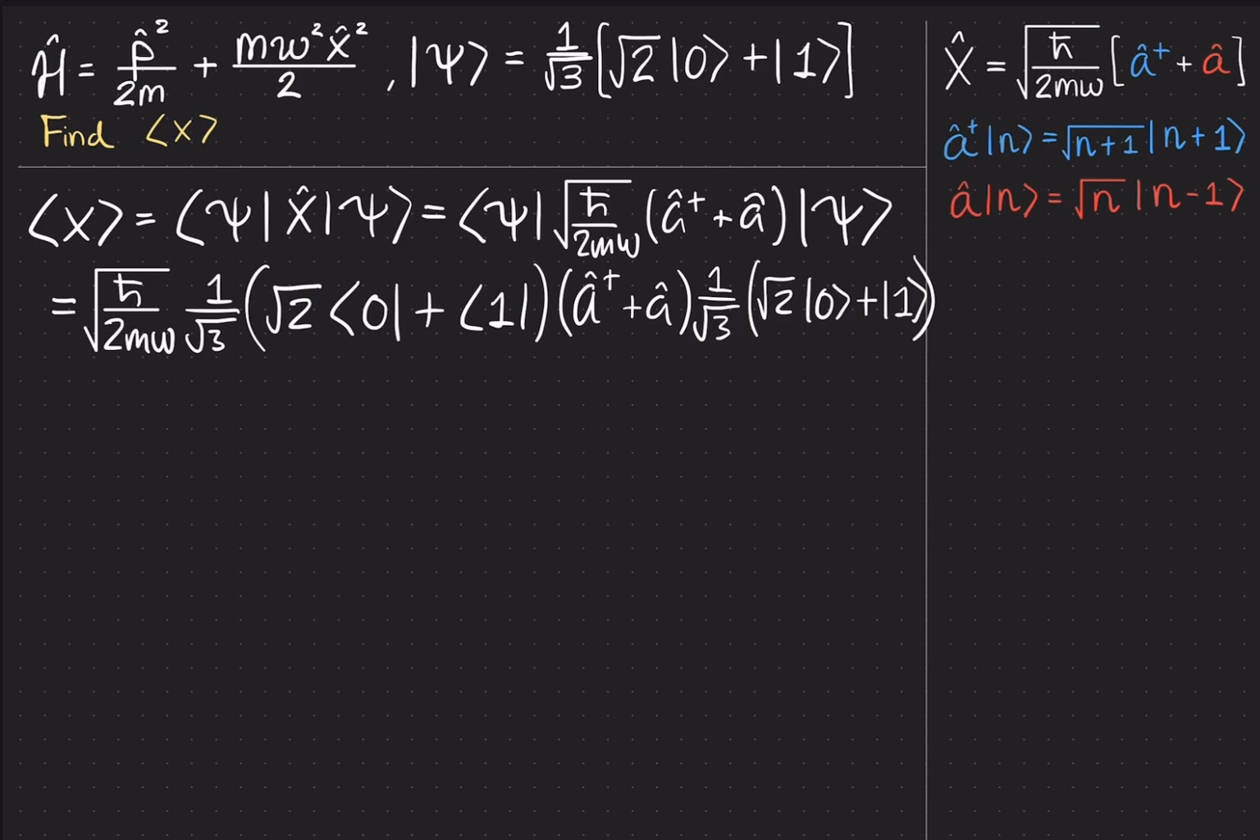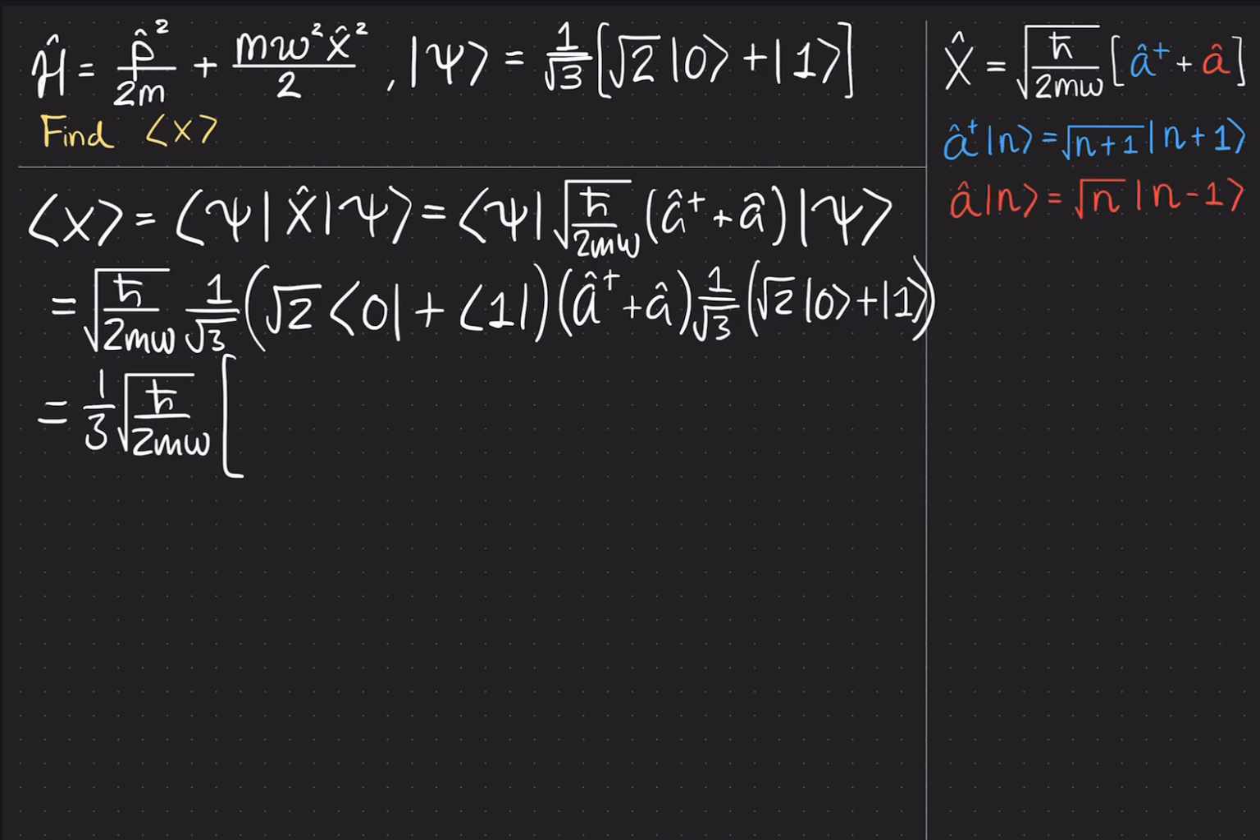And so I'm going to make this a little bit nicer by combining these 1 over root 3s. And so we should get something like this. I guess I'll write it like this: 1 over 3 square root of h bar over 2m omega. And then everything else. And so the way I'm going to think about doing this problem is essentially I'm going